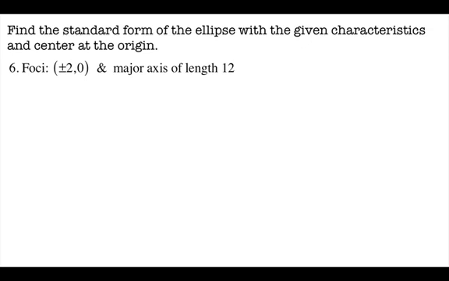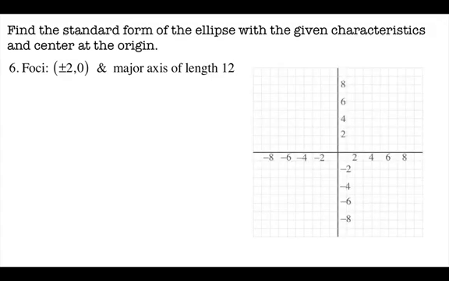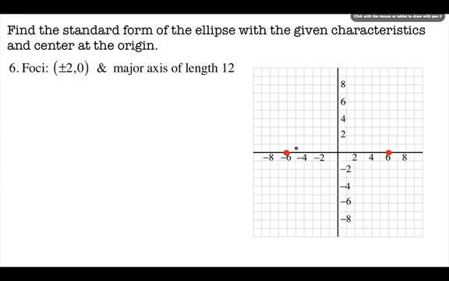Different directions, different information. Foci at plus or minus 2, major axis of length 12. So I'm going to use the coordinate plane. Since the major axis is 12 and the center is at the origin, I travel 6 to the right, 6 to the left. So that gives me